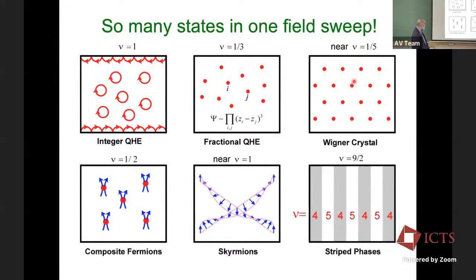Then the whole idea of composite fermions, topological excitations like skyrmions, charge density wave phases like striped phases and all that. All of that is seen just by changing the magnetic field,